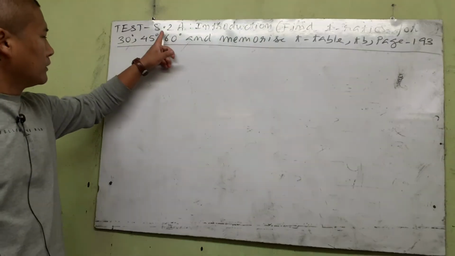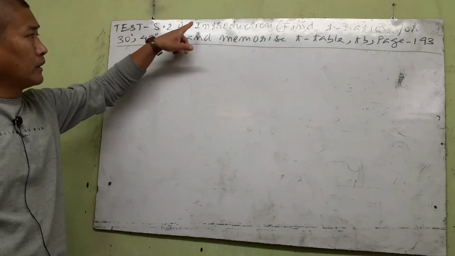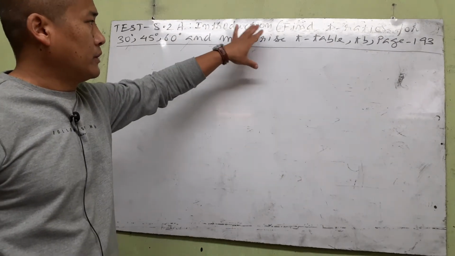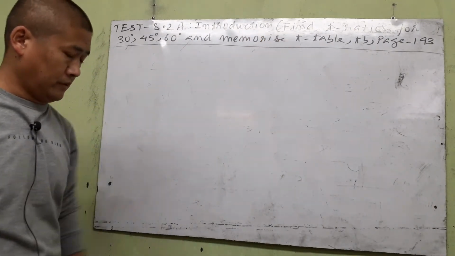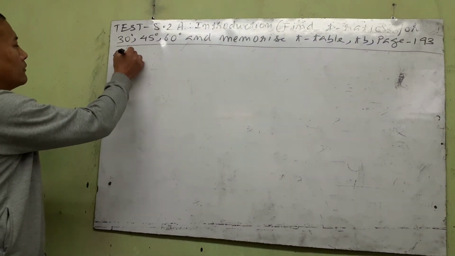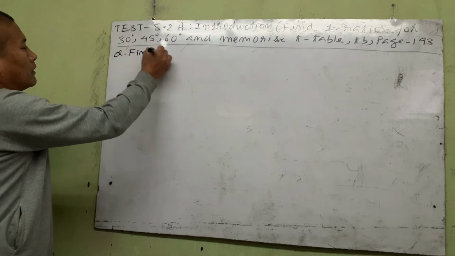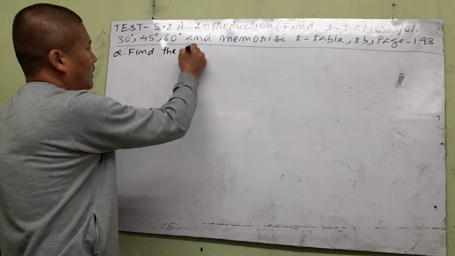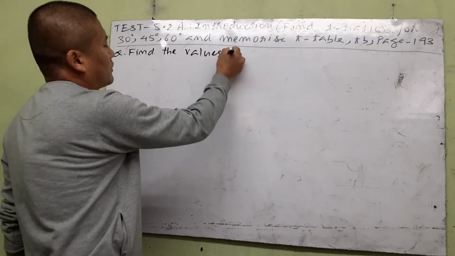Okay, so test 8.2A, this is covering the exercise 8.2, class 10 maths. So introduction, we'll start with the first one. The question is to find the values, okay, values with